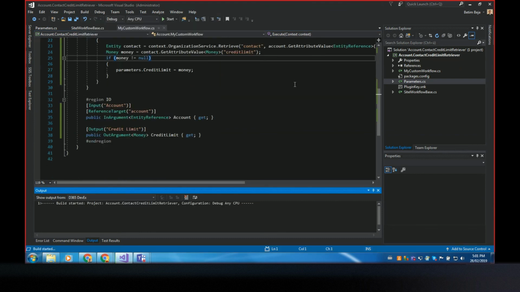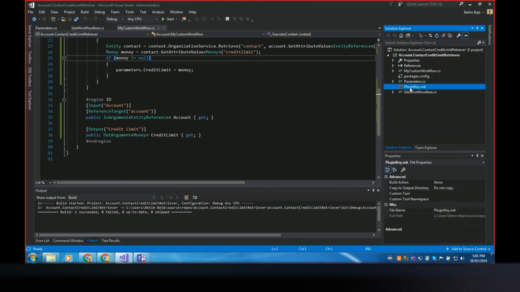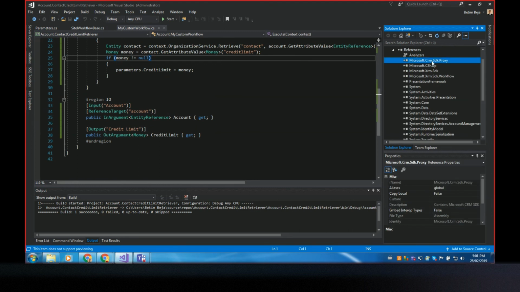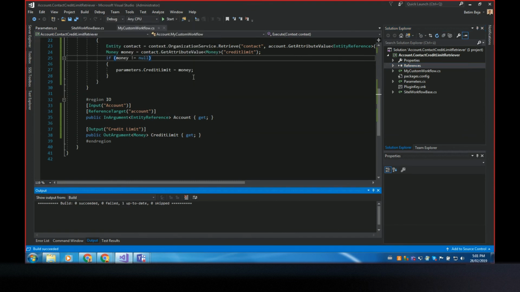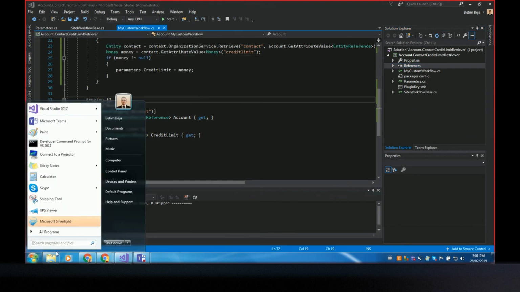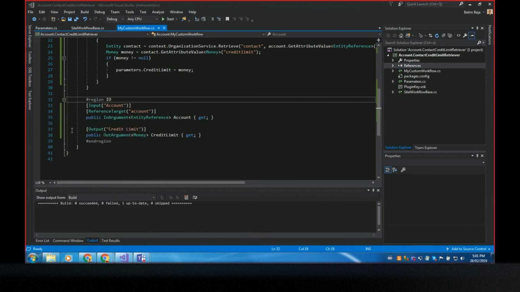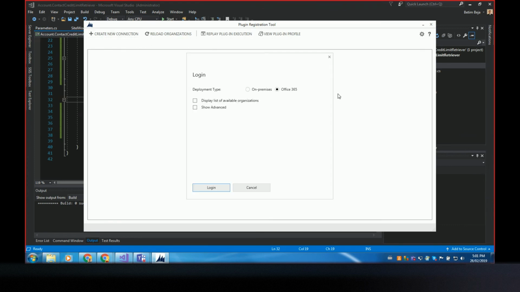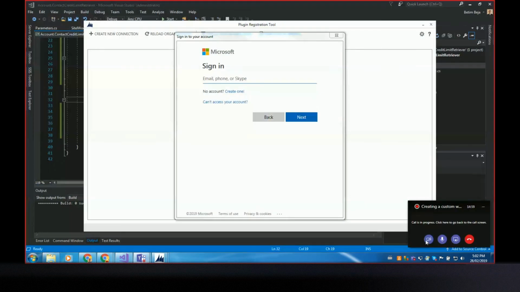Now we can build our solution, and I want to specify that our template had preset the sign key and all the necessary references with copy local false. So just this. Now let's open the plugin registration tool and create new connection, login. I'll stop the video, and since we already have some